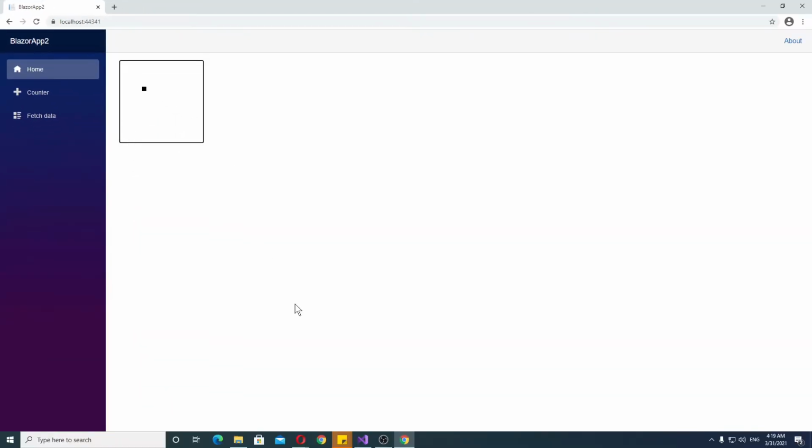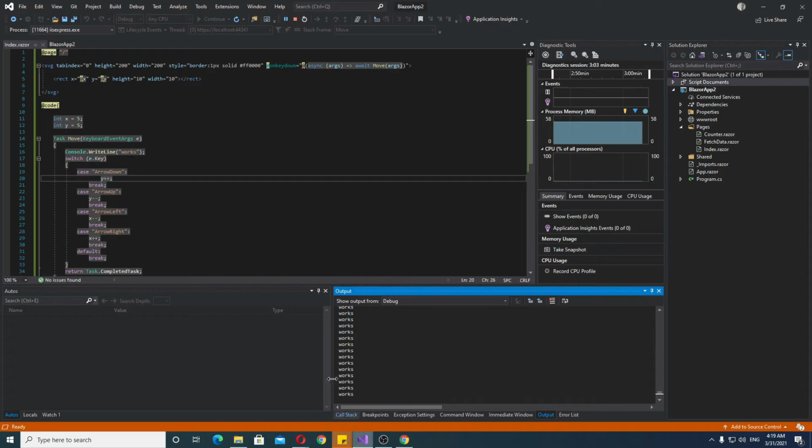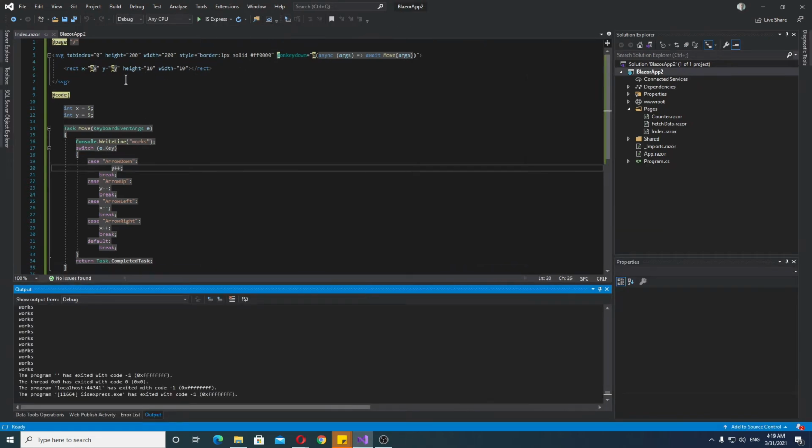Now it could go out of bounds. I'm not showing how to check for those things. I'm just showing you how to make it actually move, because it can be rather tricky. So if we go back to the Blazor project right here,